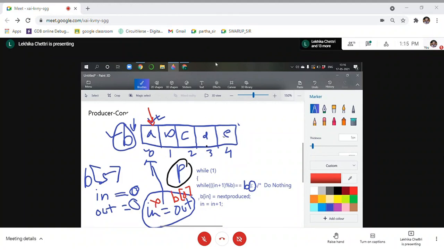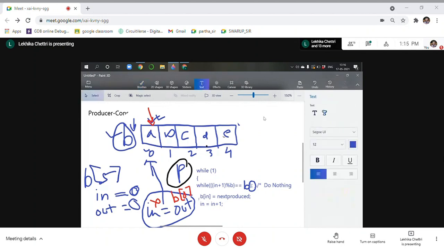But how do we write it in a program? If we want to show my buffer is full, we'll have to do the condition in equals to out. But how do I show my buffer is full?